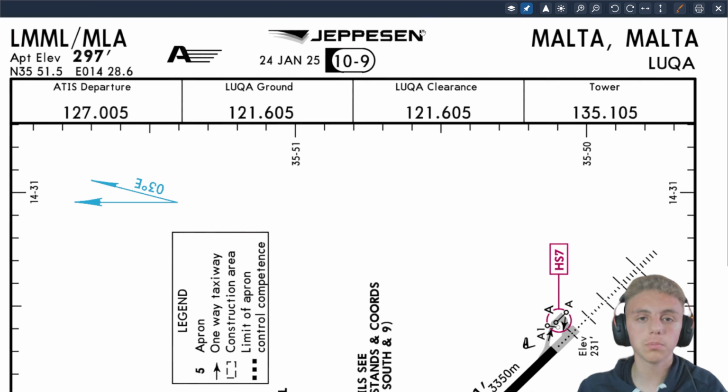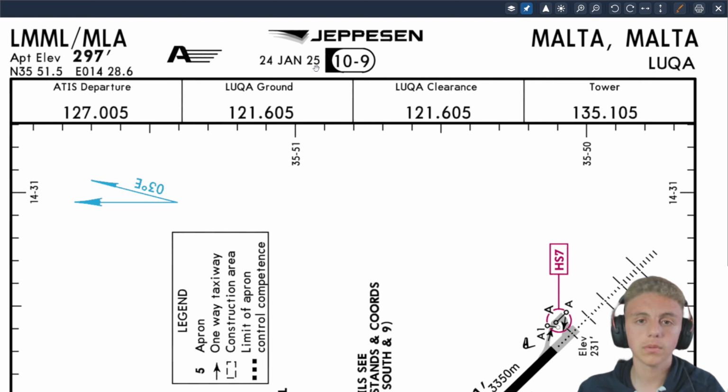Over here we have the Jeppesen logo, and over here we have the issuing date. Now, sometimes to the right of this, which is the chart number, is the effective date. What the effective date does is it says when the chart becomes actually effective, because a chart may be published early but becomes effective at a later date. In this case, there's no effective date, so the chart becomes active, it becomes correct on the 24th of January